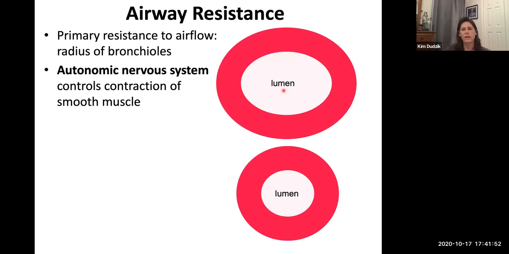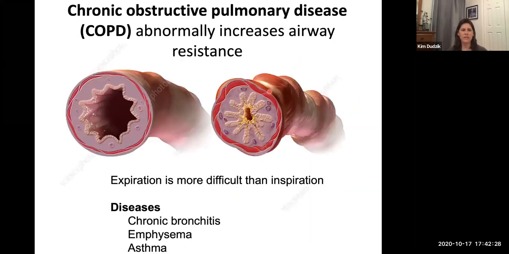And so at restful breathing, your autonomic nervous system will kick in and actually constrict your bronchioles slightly because we don't need as much air. This can cause more resistance to airflow, and less air will come into the lungs. When we're really working out, we need airflow, so our bronchioles will dilate and allow more air to come in.